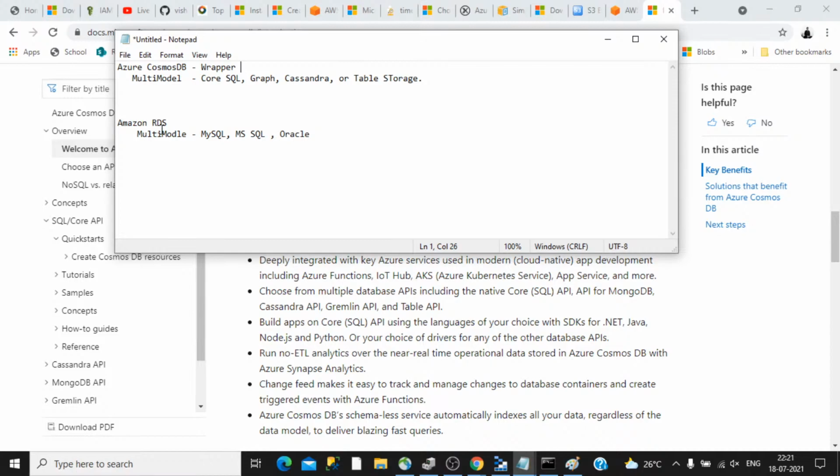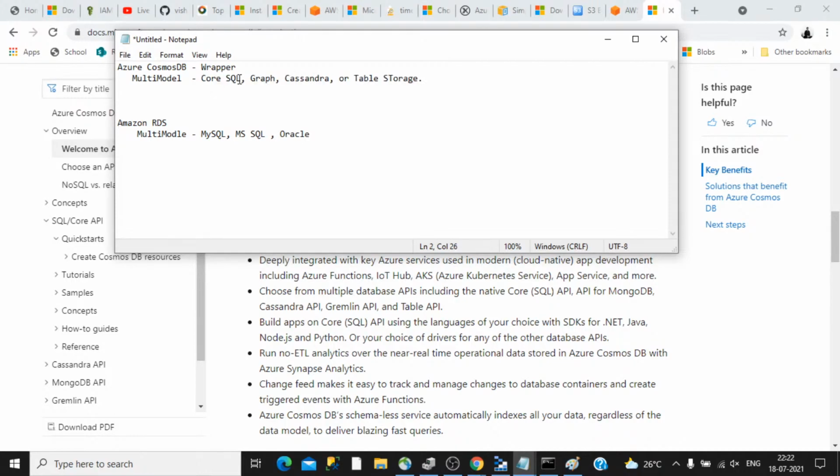When we explained RDS, we talked about the equivalent service in Azure, and we understood that MySQL has an equivalent service. Similarly, as Azure Cosmos DB is a wrapper and has different services supported, you might be thinking what's the equivalent of that in Amazon. So this Core SQL is kind of a wrapper on top of the normal NoSQL.